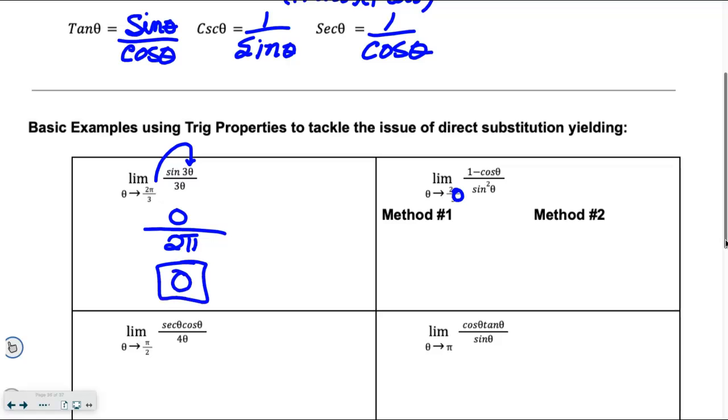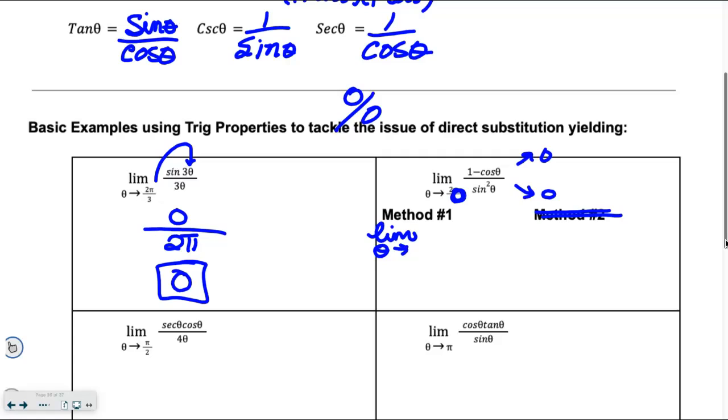So remember, it's just that issue of 0 over 0 where we need to start messing around with some stuff. So the first thing I do on this one, again, I said I had a typo, is I plug that 0 in for theta. Cosine theta is 1, so the top goes to 0. Sine of theta is 0, so the bottom goes to 0. So what I'm seeing on the bottom there, and I am just going to do this one method since I'm recording here, I want to go fast, is I'm going to take